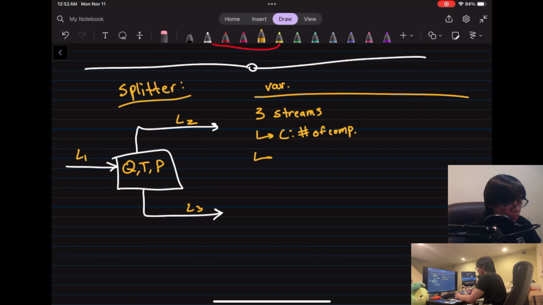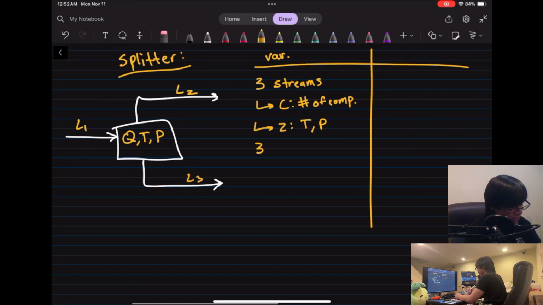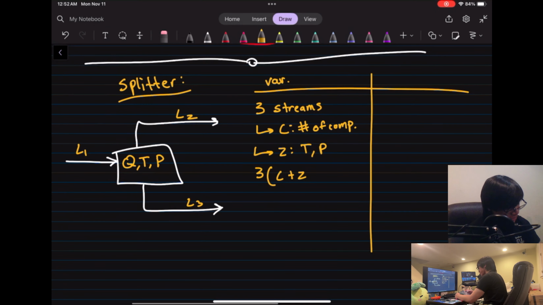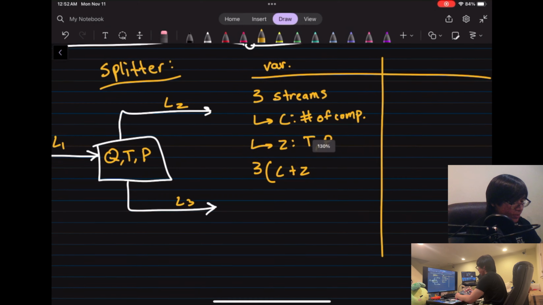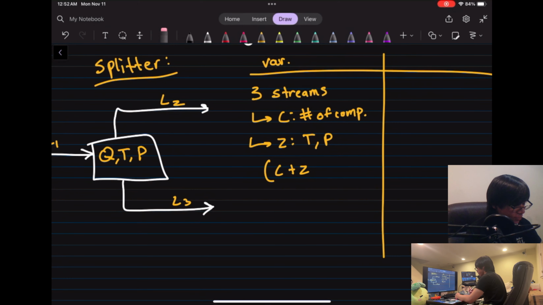Honestly, it gets a little repetitive, so you might catch on here pretty quick. So C number of components, as well as a temperature and pressure, which basically means we have C, or three streams and C plus 2. Oh, I'm sorry. I think I said I was going to do this in mole fractions. So for 3 streams, we do have the same things, but in this case, we use